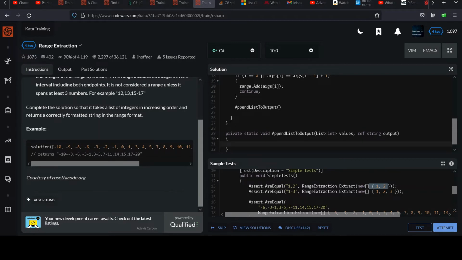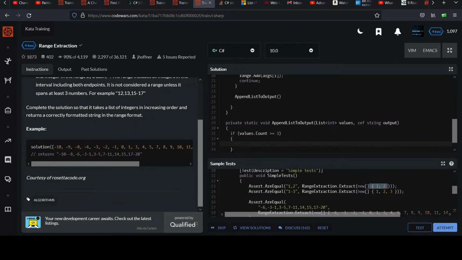Okay, so how do we do that? Well, we have a couple cases. If the count is greater than or equal to 3, then we have a range, right? So let's handle that. We could say if values.Count is greater than or equal to 3. That means we should format this thing as a range with the hyphen between the low and the high in the range, the endpoints of the range. So we can say output plus equals,